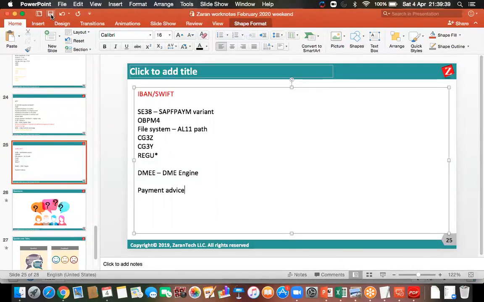So what is contained in the payment advice? All the details of the payment. For which invoice I made the payment, how much I made the payment, how did I make the payment, whether it is a check payment or bank transaction, online payment, or whichever it is, all the details I have to give. So this payment advice, I can create a hard copy or a soft copy. So in the training, in the session, I will be telling you how to create the hard